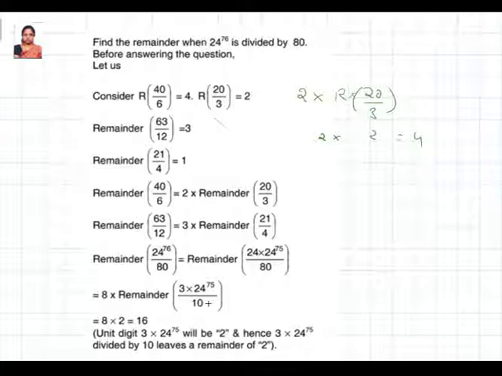I think this is quite simple. You don't have to worry because it's like the units digit when you are dividing by 10. So 3 into, what is the units digit of 4 power 75? 4 power 75 is 4 power odd. Whenever you have 4 power odd, like 4 power 1 or 4 power 3, you're going to have 4 as the remainder. The last digit is the remainder here. So you take that, 4 into 3 is going to be 12. 12 again, what is the last digit or the remainder? Because you are going to divide by 10, that becomes the last digit. So the answer is 2. That's it.